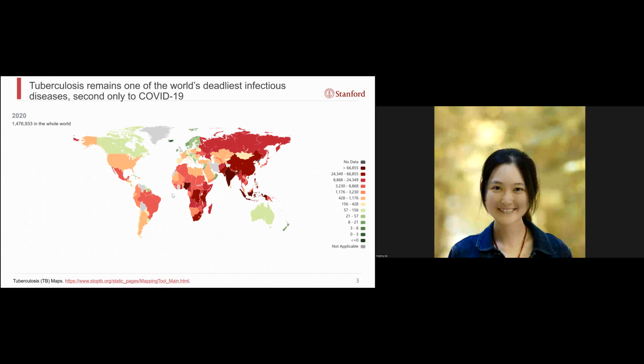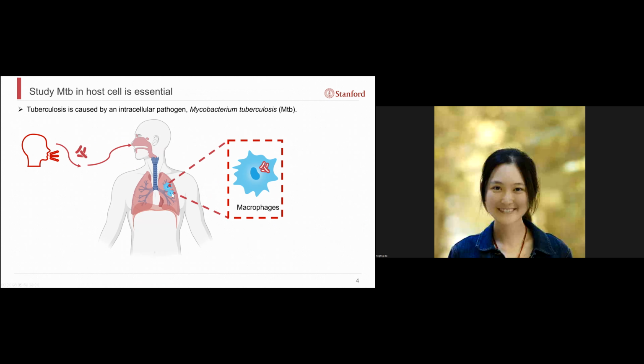This disease is caused by a bacterium called Mycobacterial tuberculosis. This bacterium infects people and spreads around the population by air droplets. The infection begins with the inhalation of aerosols that contain the bacteria, which are primarily taken up by the alveolar macrophages. Inside the macrophages, Mycobacterial tuberculosis is usually found within the phagosome of variable maturation states and encounters a